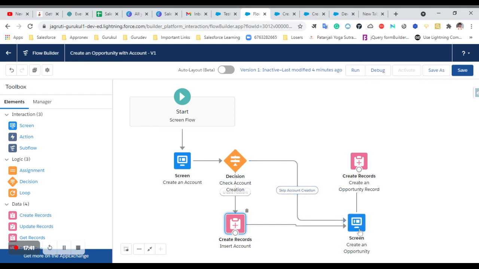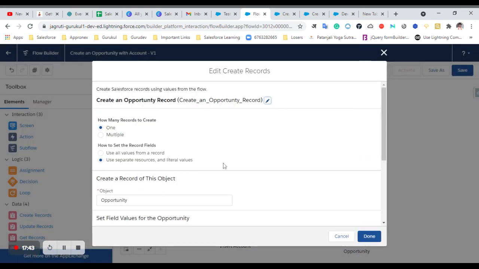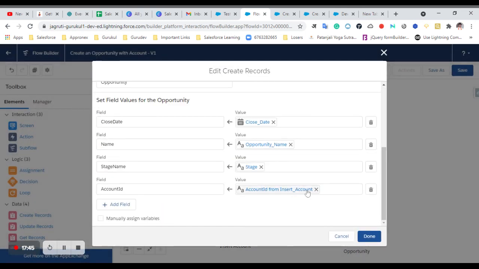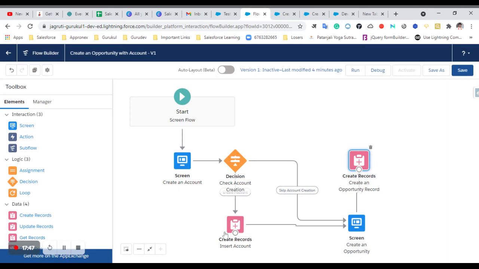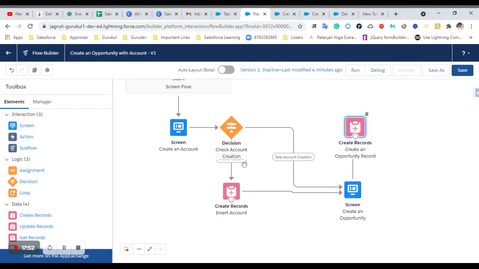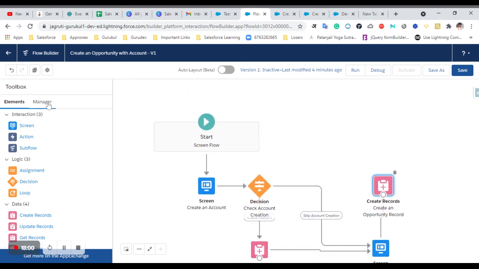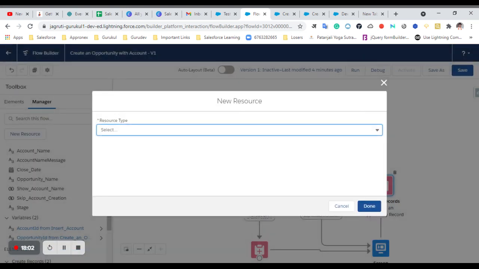But there will be one issue. If you see this one, the account id that we give here is directly from this create a record component. But if this is skipped, we will not get it, and there can be some issue. So let's create one variable, one resource for that.